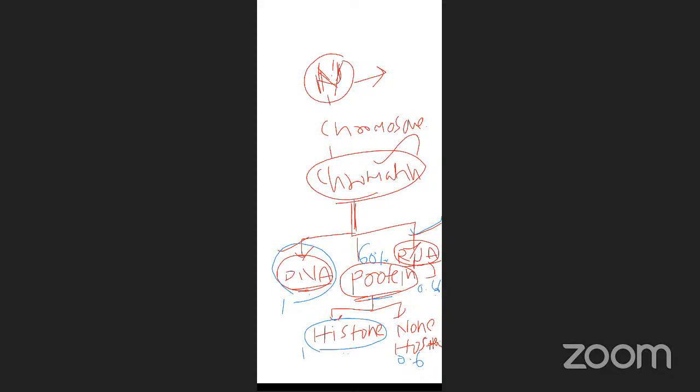Then what is organization? Systematic arrangement. Where is it systematically arranged? It is systematically arranged in chromatin threads. The chromatin threads together form the chromosome structure. The chromosome is packed inside the nucleus, and the nucleus is part of the cell. Let's see how they are packed. Actually, this genome is packed with the help of proteins.